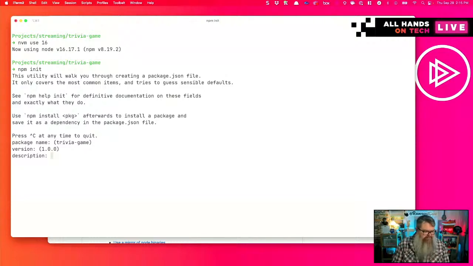Description: multiplayer real-time game built with Node.js. Entry point: index.js. I know that the way I like to structure the source code for any Node.js project is